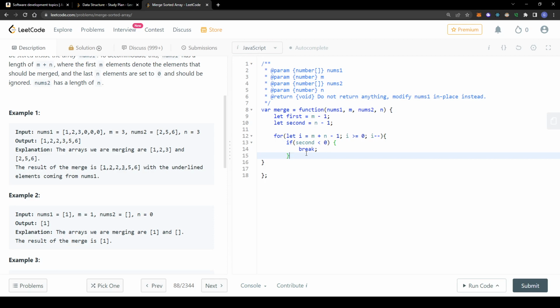Now first what we want to do is see if our first array, the element we're on, is greater than our second array. So we got to see if it's greater than our second array. Let's go ahead and do that. First what we want to do is if nums1 first is greater than nums2 second,